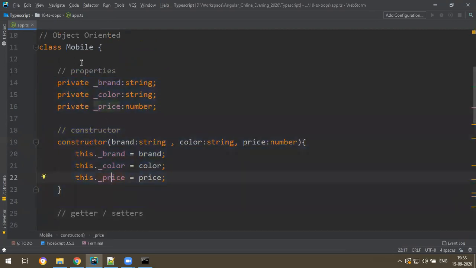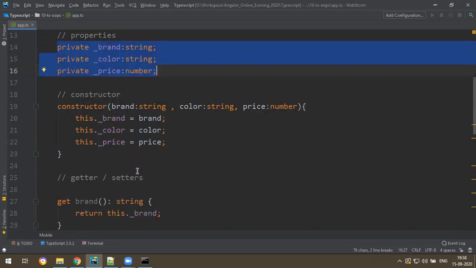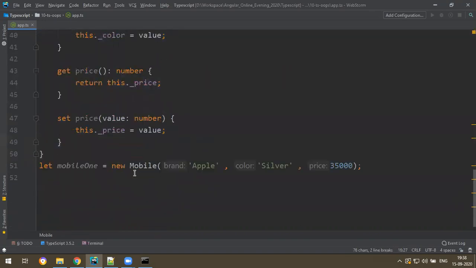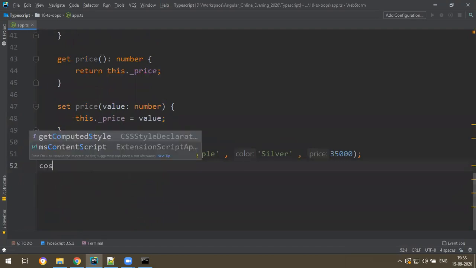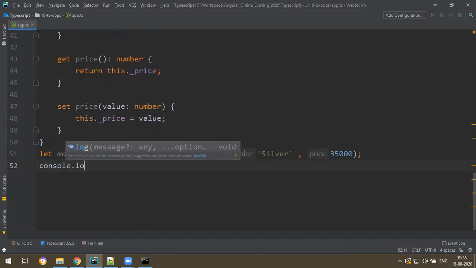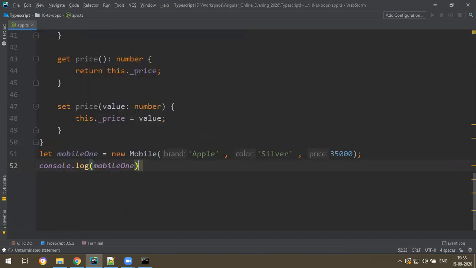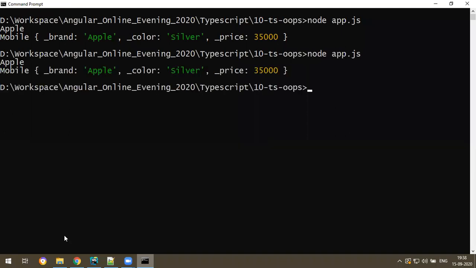So now my class has all the properties filled. To access them, if you just print mobile1, you get all the data, right? We have seen console.log of mobile1. If I just print mobile1, you can see all the data like this. But I want to access a particular property. In a regular JavaScript object, we access the particular property called _brand.